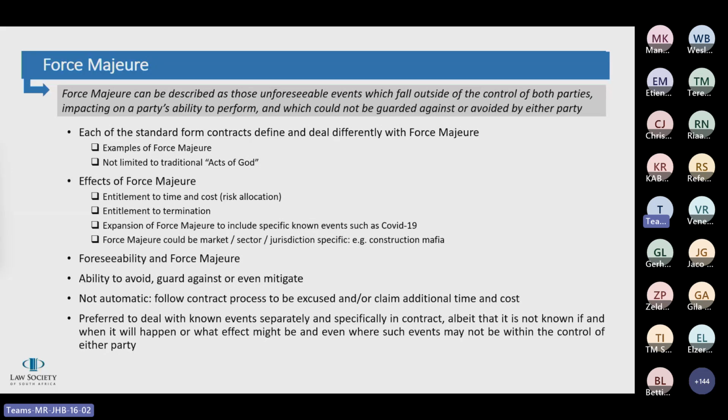election of a party. A party who elects to terminate must then ensure that it complies with the termination processes under the contract as they are relevant. Okay, and then with COVID-19, we have seen many people expanding the force majeure clause to specifically include known events,